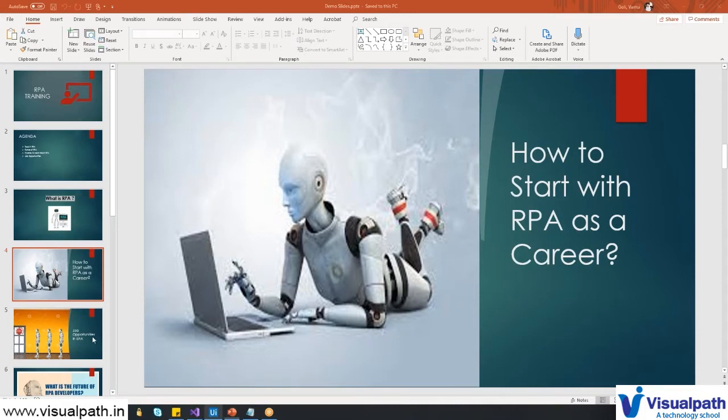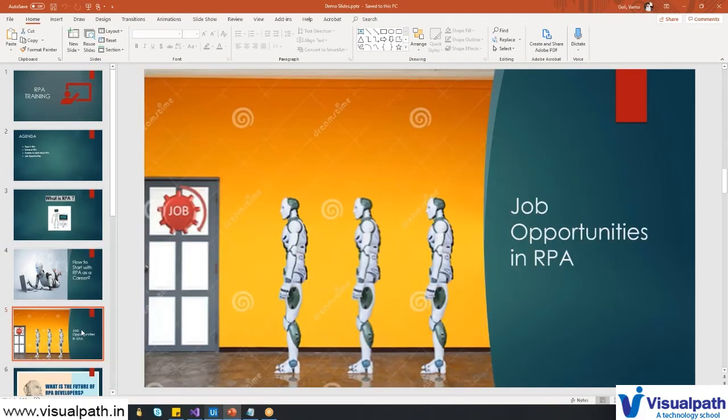Job opportunities in RPA: there are a lot of opportunities, like I said, because now the trend is completely going to RPA. So they definitely need experienced developers. Internally also, they have a lot of projects that can be automated, so everybody wants RPA technology in their projects.